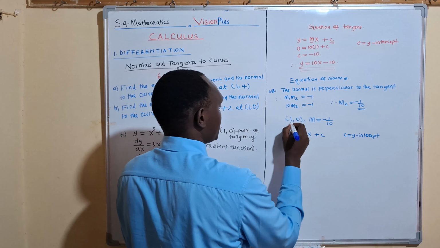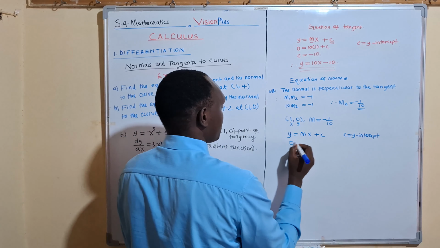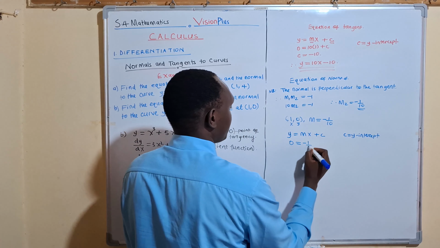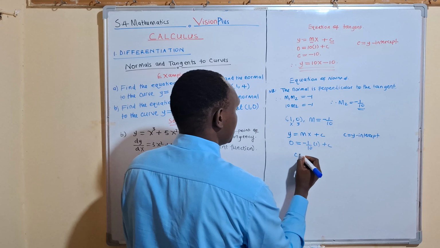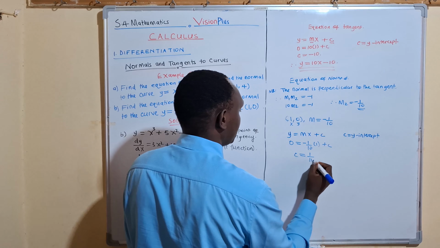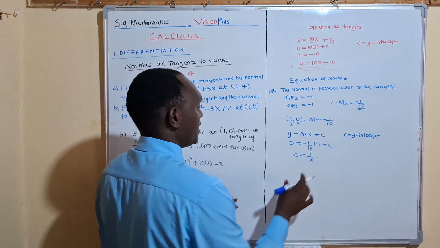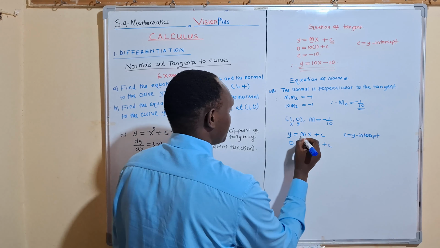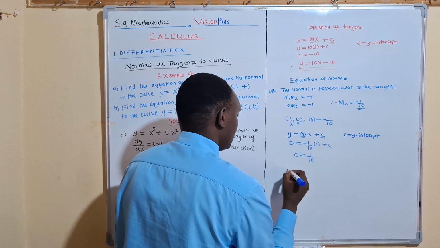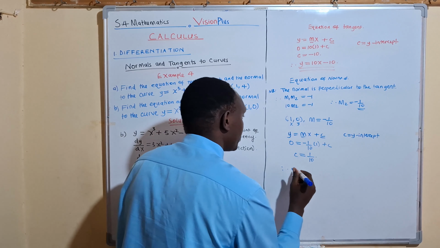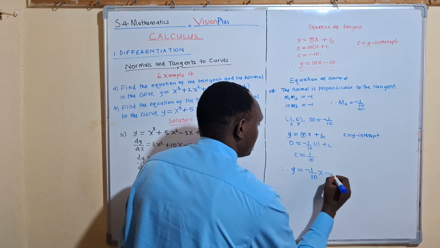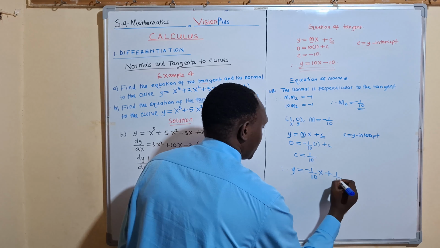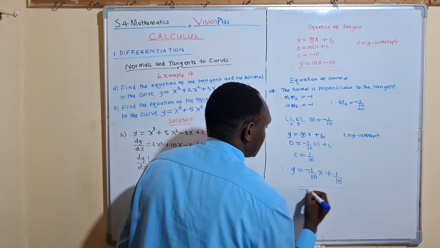So we substitute, this is x, this is y. 0 equals m, which is negative 1 out of 10, times 1, plus c. That means c equals 1 out of 10 when you make c the subject. After getting c, you can substitute for m and c only. Therefore, the equation of the normal becomes y equals negative 1 out of 10 x plus c, which is also 1 out of 10. And this is the solution to